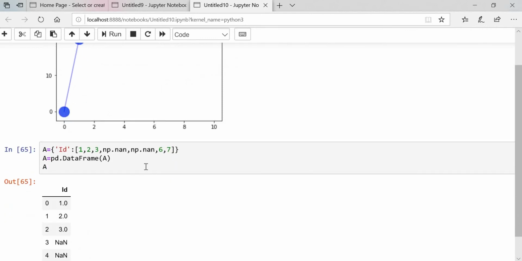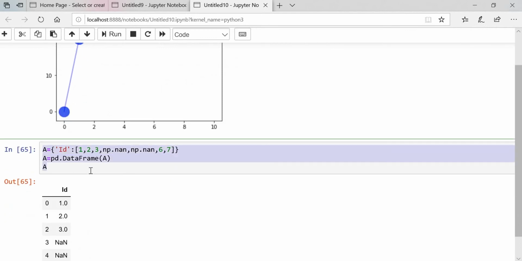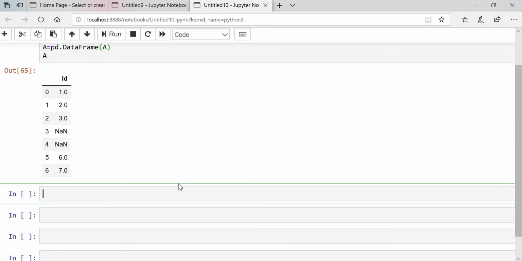Now moving further, I will show you one example and one method as well. Let's say we have this data set, and let's say continue number we have till 3, and two unknowns we have, and 6 and 7. We need to fill this NaN in the continue way. So how will we do that?